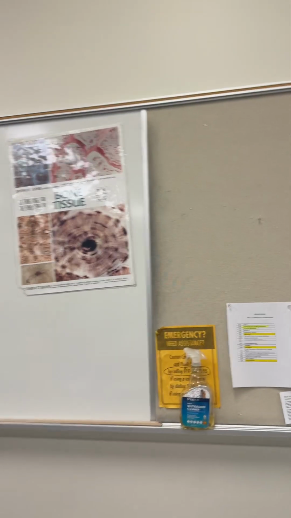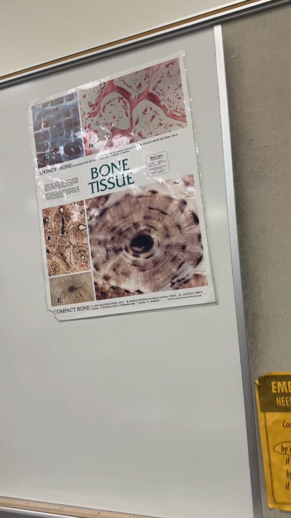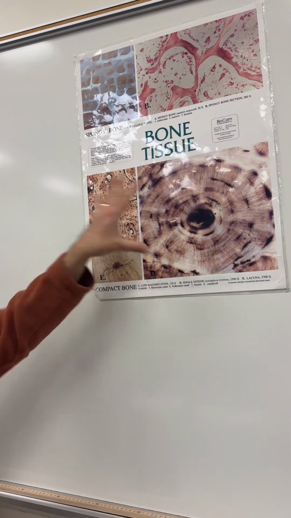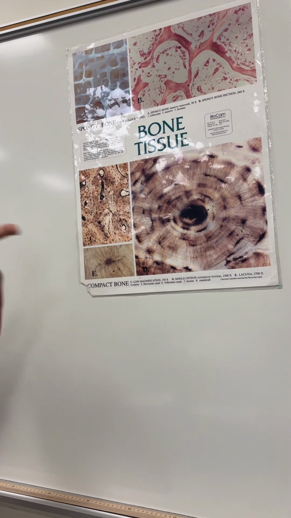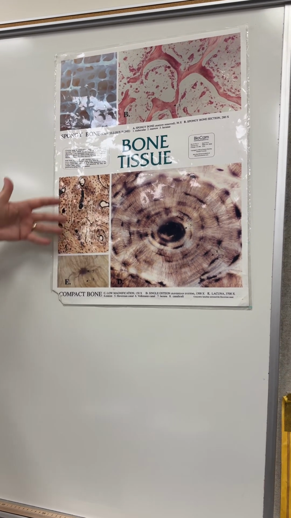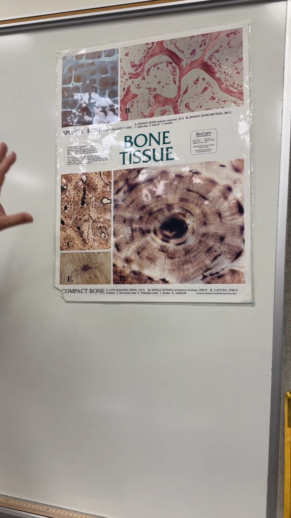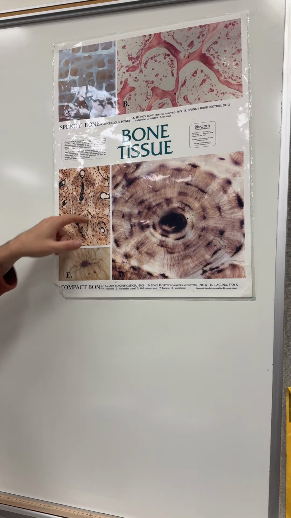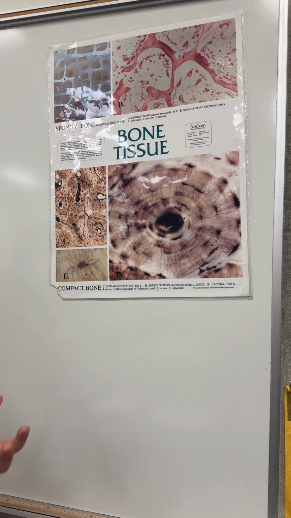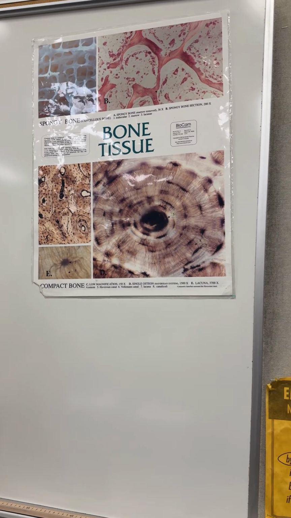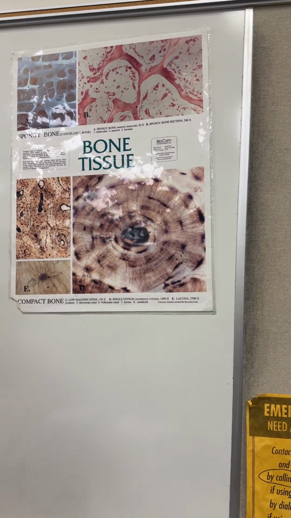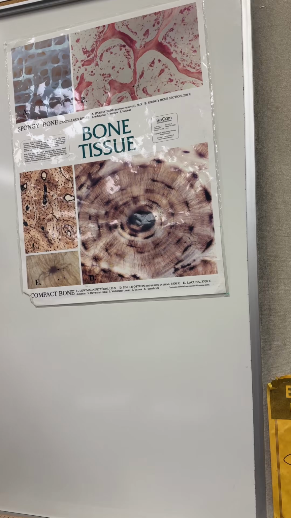All right, let's record. This is how you're going to see a cross-section or section of compact bone that's found mostly on the diaphysis of long bones. This is also called a Haversian system of the bone, or Haversian system of osteons. Each one of these circles is an osteon, which is a kind of a building unit, a Lego block of the compact bone. And you can see there's concentric circles of matrix, that's calcium and phosphorus, built matrix, which is